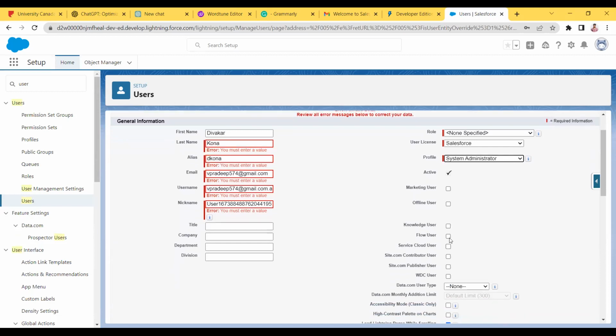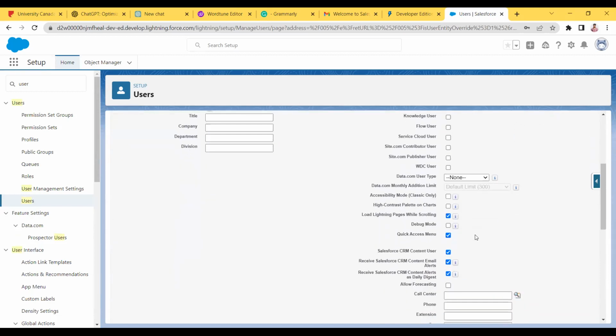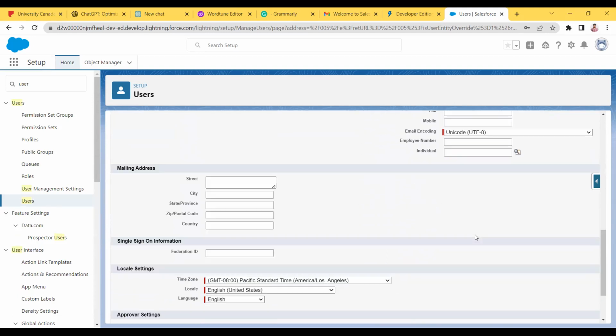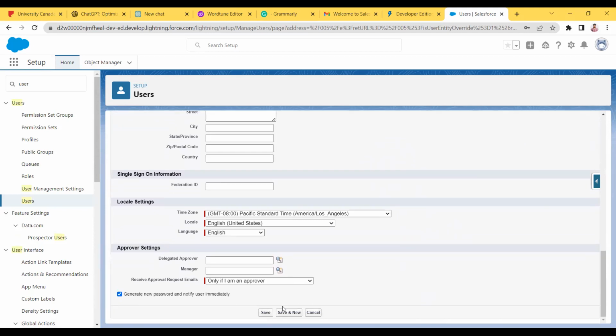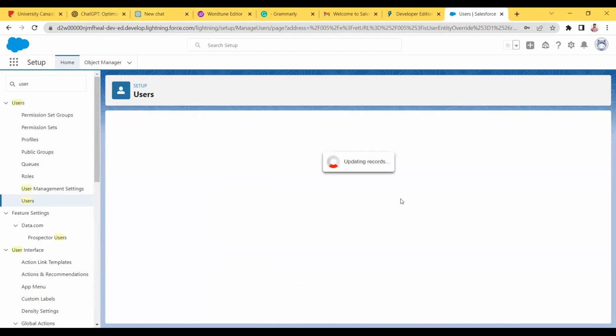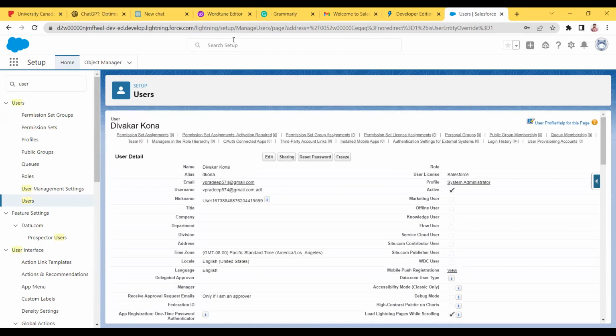We don't need to learn them for now. You don't need them, only the important fields. That's it. This checkbox is important. Once you fill the form, only if this checkbox is checked will you receive a password. Okay, I'll click on Save. Once saved, the user whose account is created will receive an email, and that's it.